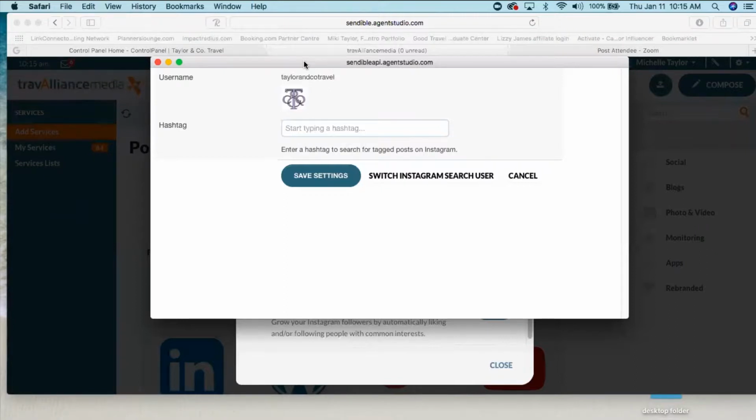Take advantage of all of that free marketing and that free labor. Because if you don't have time to do it, Agent Studio wouldn't be doing it. You would either not be building on your social media presence, or you would hire somebody to do that. When you have an Agent Studio website, you don't need to hire someone because you have all of this additional help that's already built right in with your subscription to the website.